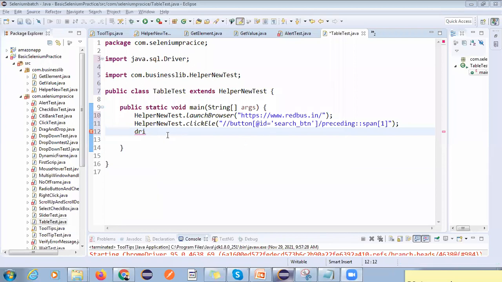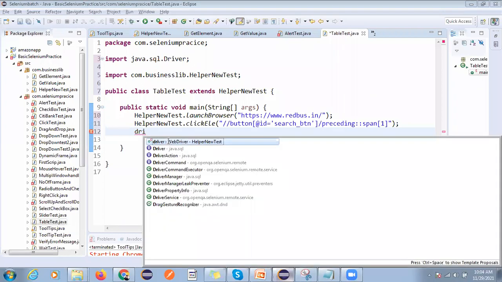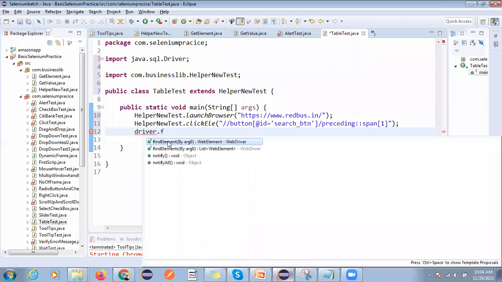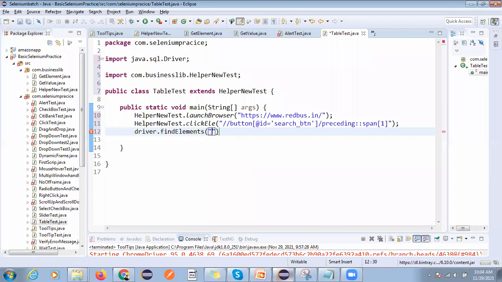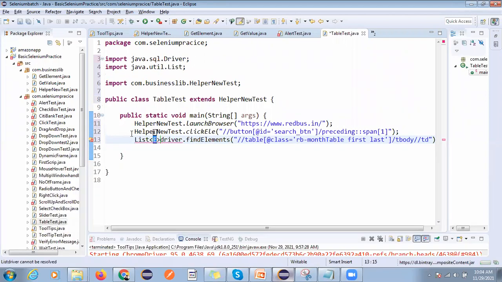So I will use driver dot findElements, right? So we have the list of this. findElements will return a list of WebElement.